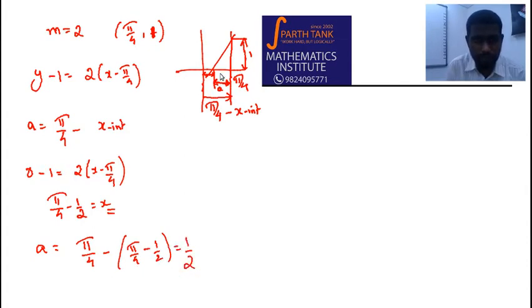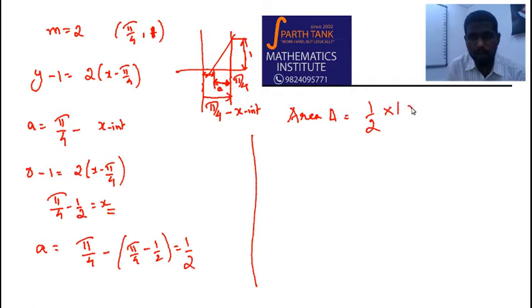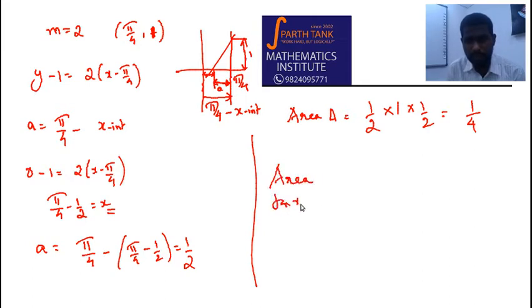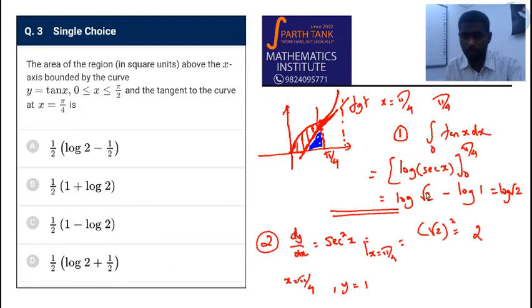So I know A is 1 by 2 and this height is 1. So the area of the triangle is half into 1 into 1 by 2, which is 1 by 4. So the area that we need, the area between tan x and the tangent, is this area that we have found here, log of root 2